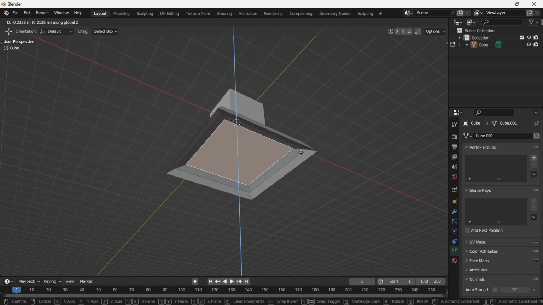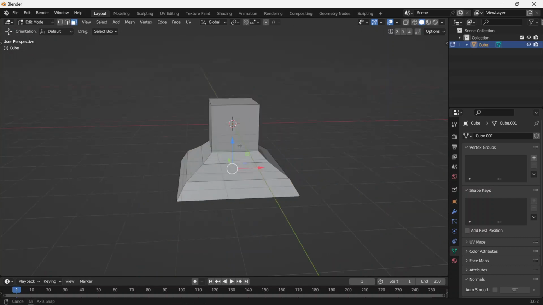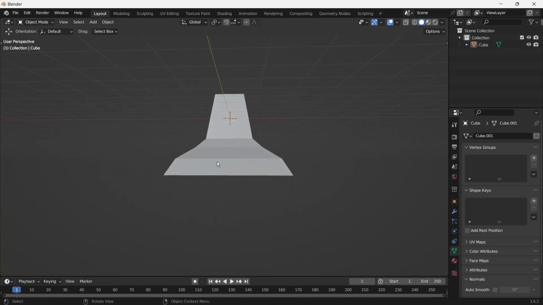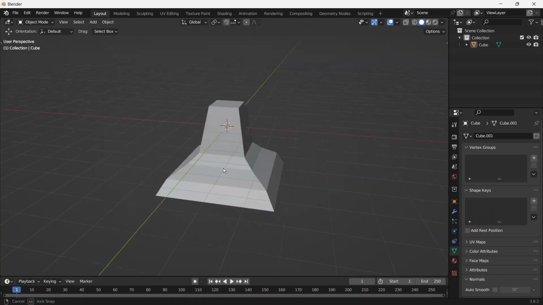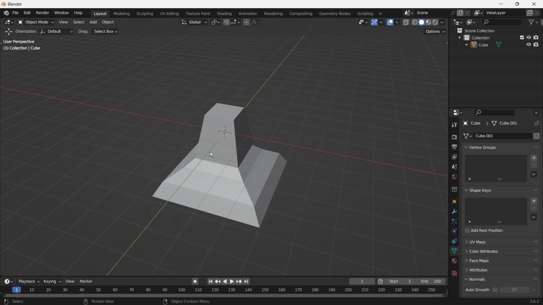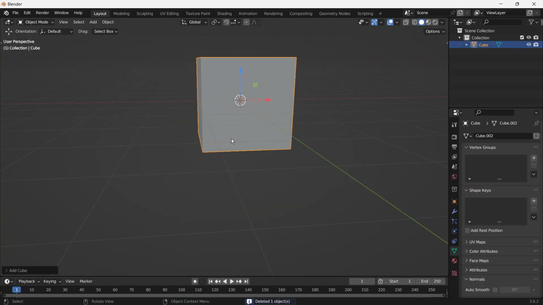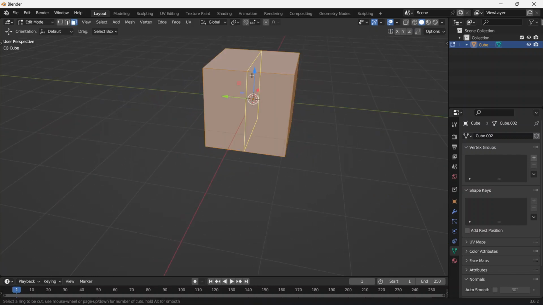Might be a little extreme, so I'm just going to put this back down. But yeah, and then we can scale Shift Z, scale this inward a little bit, and you can see that we already have the tools, you know, kind of to make some interesting models, even just with this default cube. Let's do some more. We have the cube. We can go into edit mode, Control R to put this edge loop in, left click, right click to leave